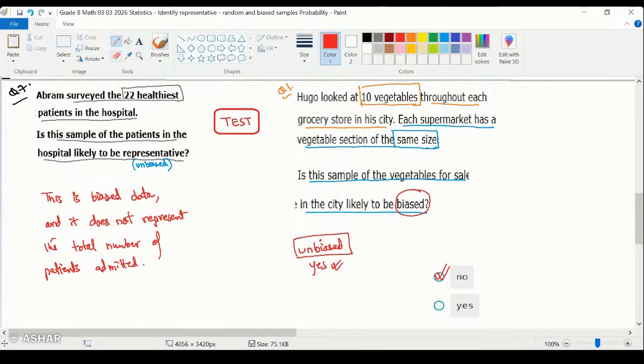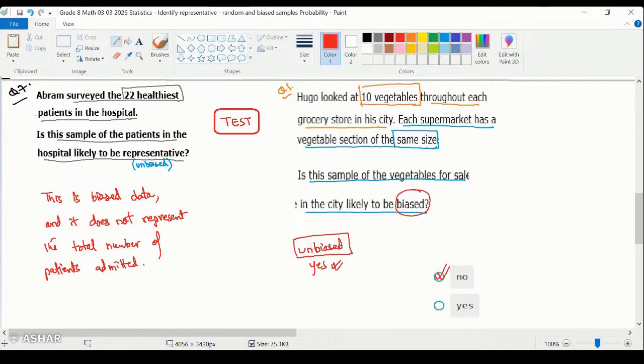It is not favoring one specific supermarket. It's not favoring one specific vegetable. He went to different supermarkets having the same number of aisles, same number of vegetable sections,